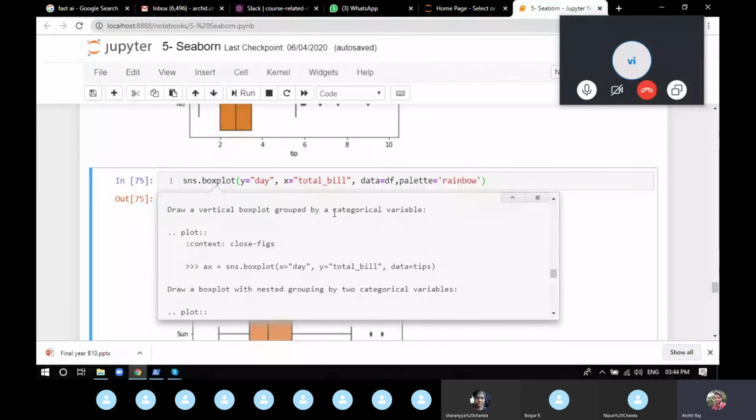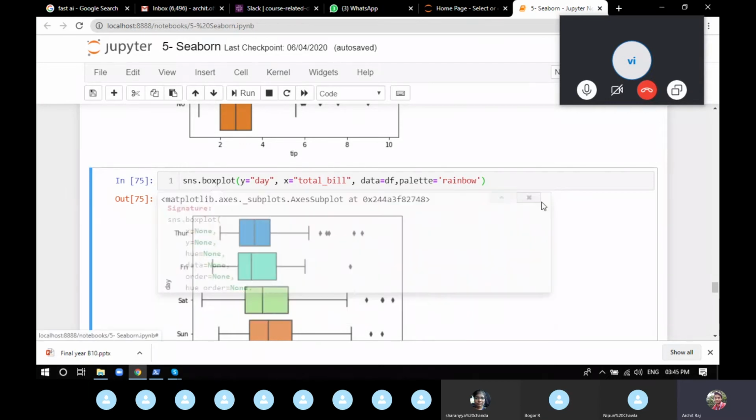The same thing that you want to write, it will take the data that you're providing and give you an example, like x is equal to day, y is equal to total bill. So it's a dynamic example formation that gives you an example based on the data that you're providing. You can just copy it and paste it and you get a graph, which is mentioned here. This is one of the best things about using the Jupyter docstring.